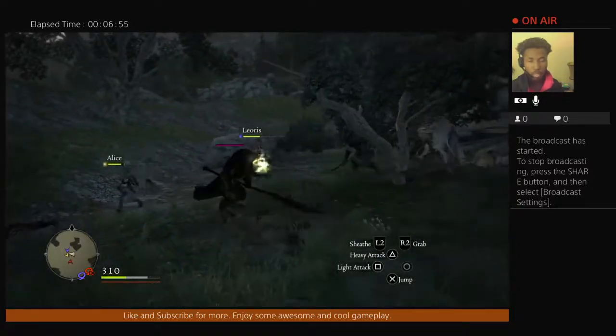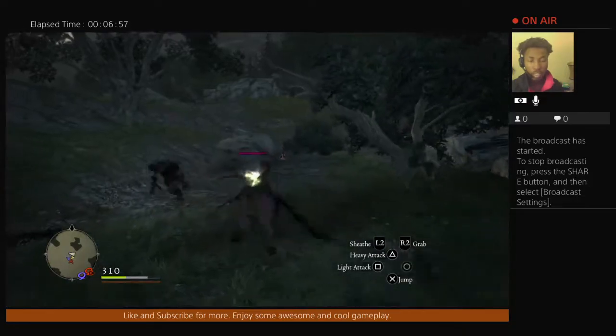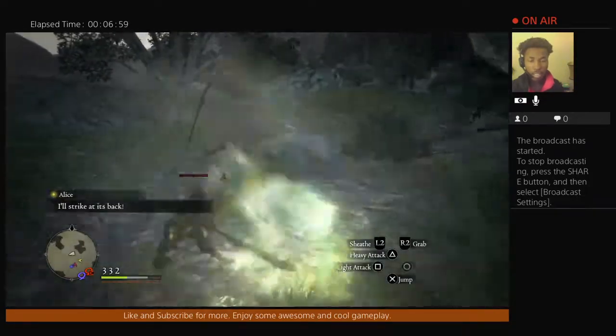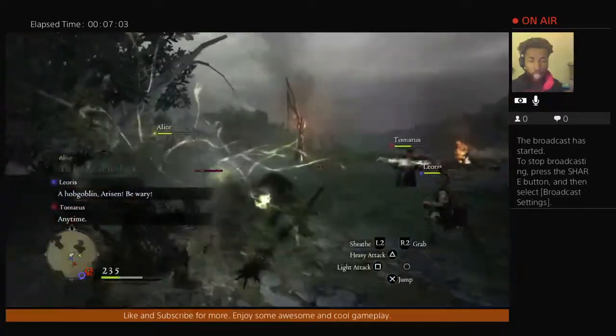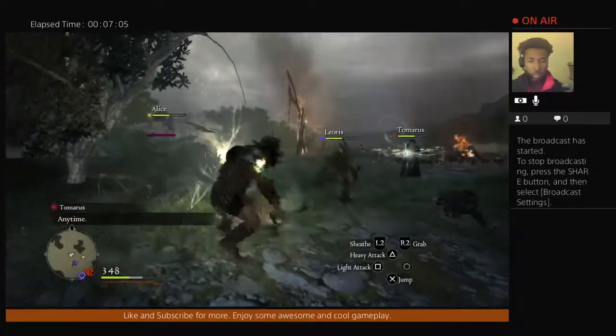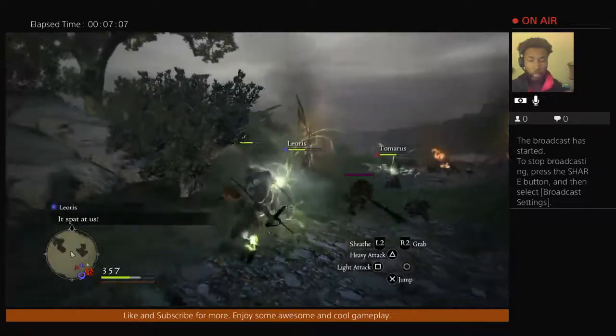As this class I have here is the mage archer class. It allows me to use daggers and my bow at the same time. But my bow is not